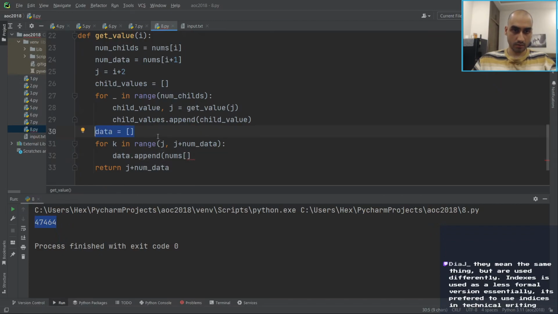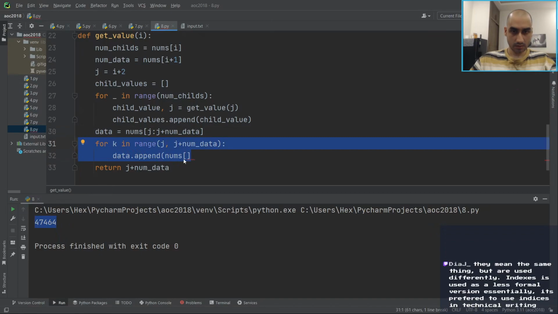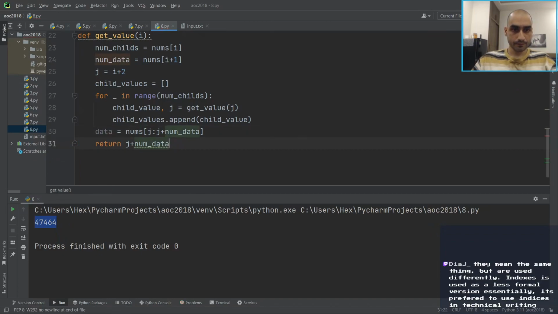Actually, data is just nums from j up to j plus num data. But we don't actually need to do this. Okay, so now we've got the child values and we've got the data. Alright, so now